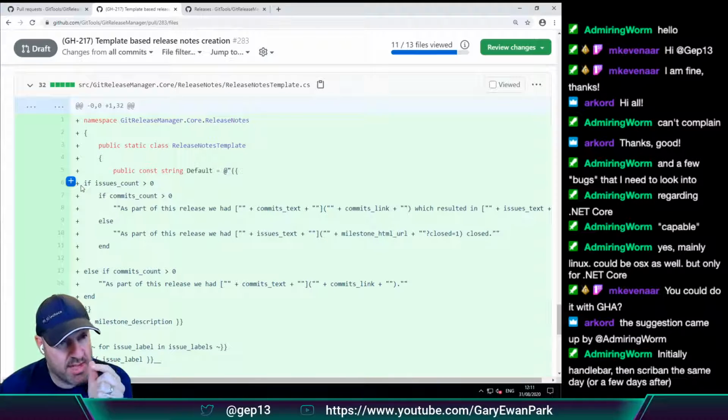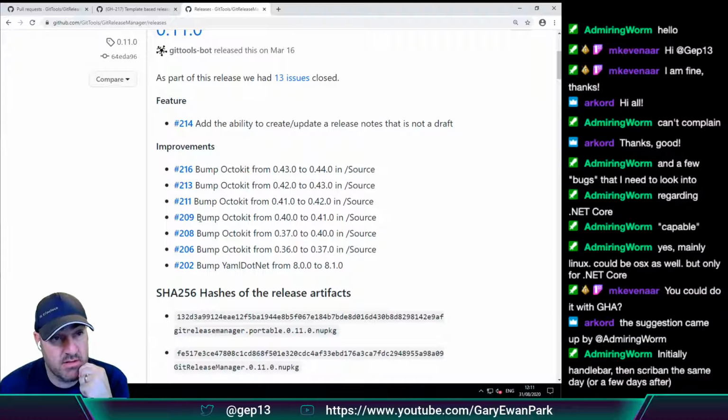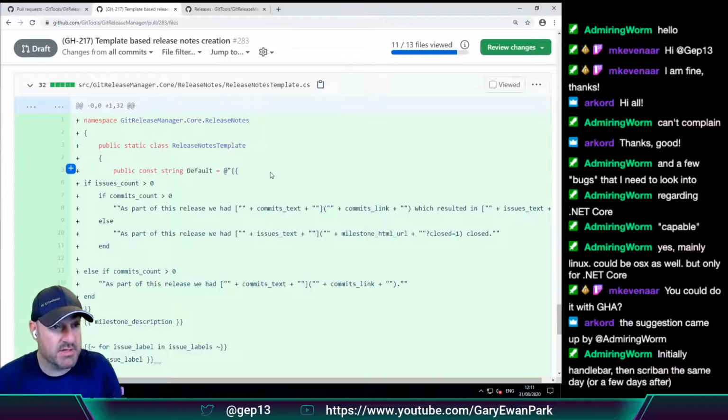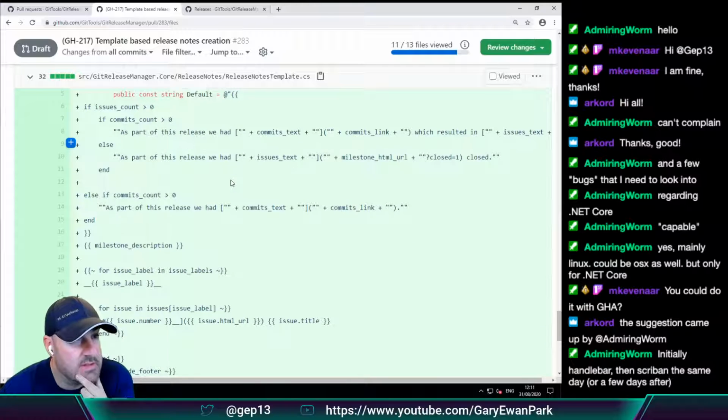The default template here. Now, this is the part that I haven't looked at yet, but my assumption here, Artur, is that this default template would render essentially the equivalent of what we've got today. So up here, in terms of being grouped by the labels, it's then grouping by the issues and then including the hash and the footer and things as well. So this is the part that I haven't really looked at yet. Let's just have a quick look.